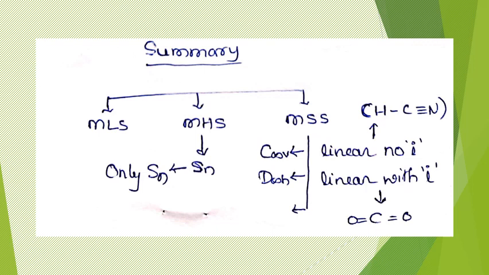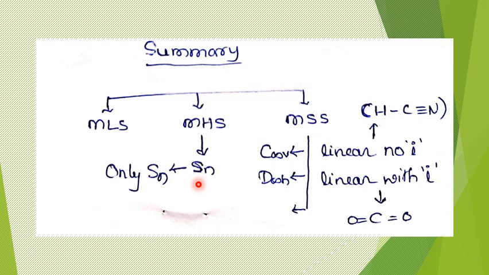Okay, now what we have discussed today, in summary. We just started with the S n point group. In that one point group we were left with, the only operation possible will be S n. But I have given you an important hint that we can mistake this with C n. So whenever it is identified to be C n, we should be careful and make sure that it's not S n. That is to be made clear when we decide the point group. So this is an important hint. Otherwise, definitely there are chances that we can go wrong with